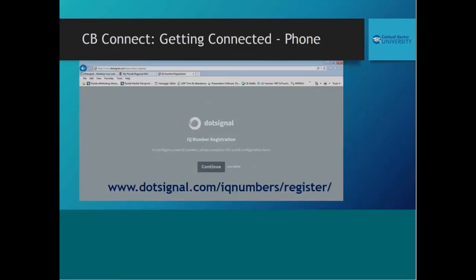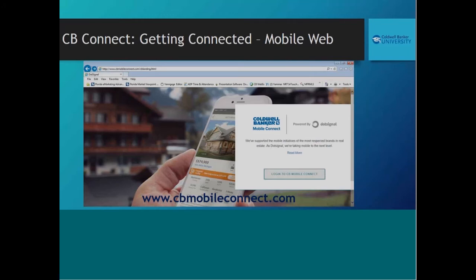So again, in order to get registered for your individual agent phone number, it's www.signal.com/IQ-numbers/register. Now, setting up a mobile property website is something else that is very important for your listings. In order to do that, you will go to the desktop version of the platform to create that site. The URL for that is